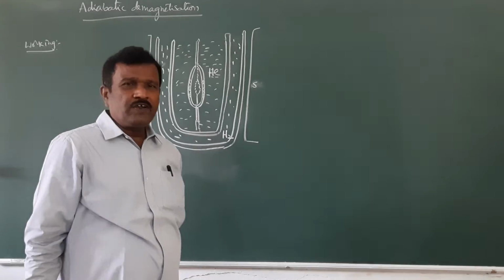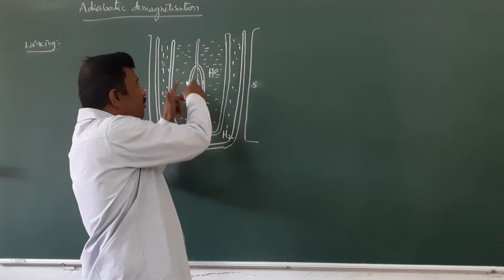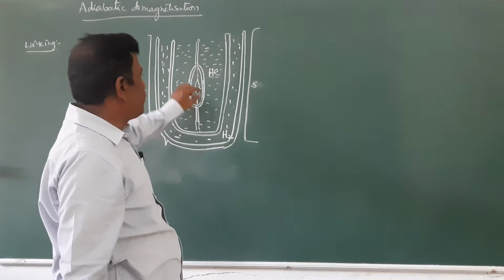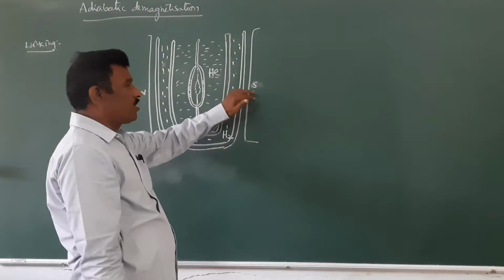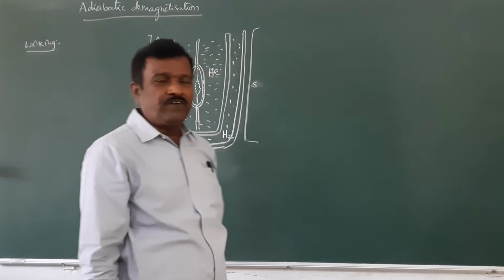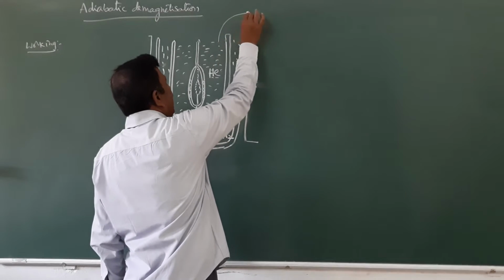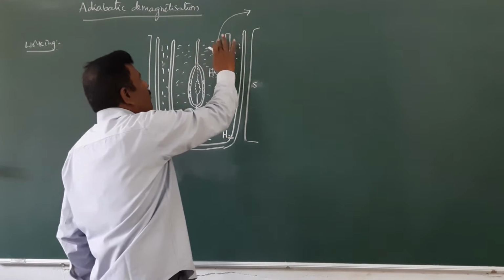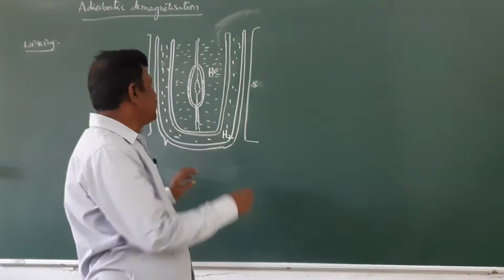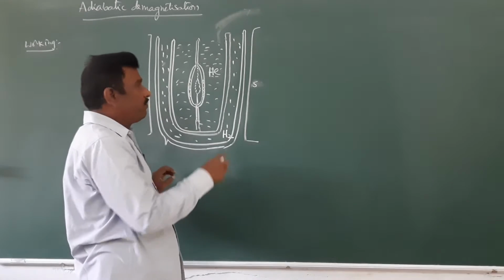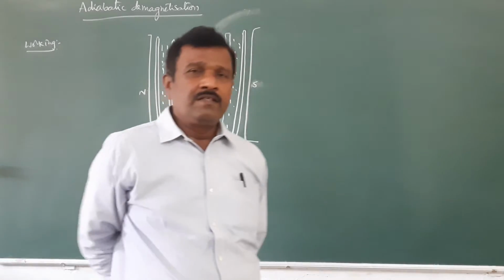when the external magnetic field is applied, the gadolinium sulfate powder kept in the flask gets magnetized, and a certain amount of work will be done by the magnetizing field. During the magnetization, a certain amount of heat will be produced. That heat is absorbed by the liquid helium. Therefore, the temperature of the powder becomes equal to the temperature of the liquid helium.